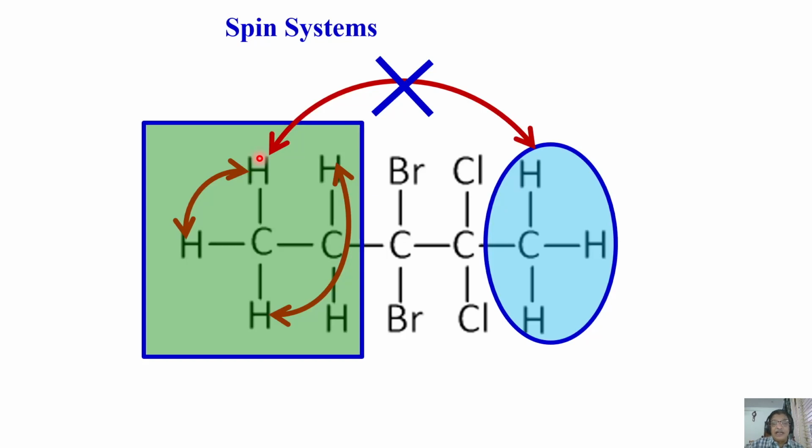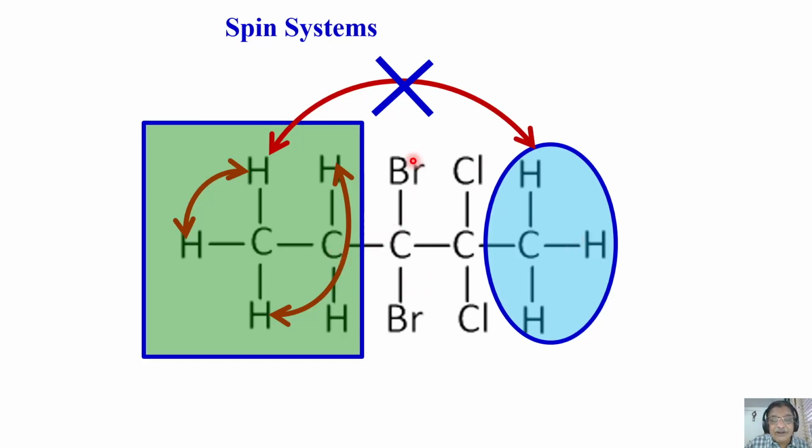You understand? Here none of these protons are coupled to any of them, so it doesn't form a part of the coupled spin system. To be part of the coupled spin system, not all the couplings need to be there, but at least some of them should be there. If all couplings are 0, that means it is not in the coupled spin system. So in this example of the molecule, there are 2 spin systems. This forms one coupled spin system, this forms another coupled spin system. I hope you are all able to understand. I hope you are all with me.